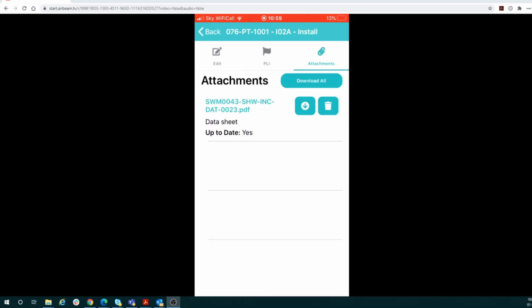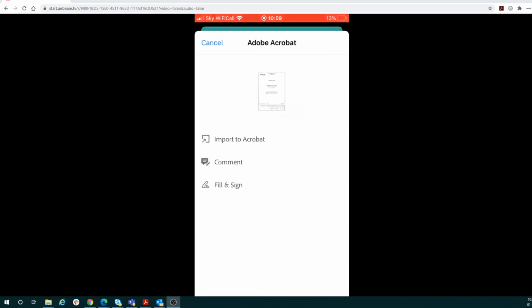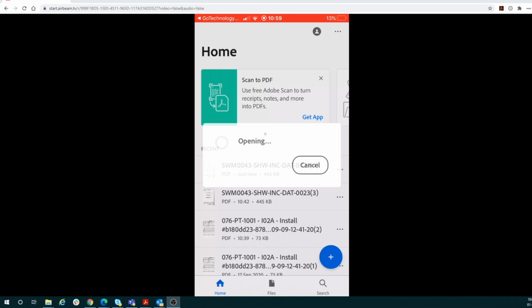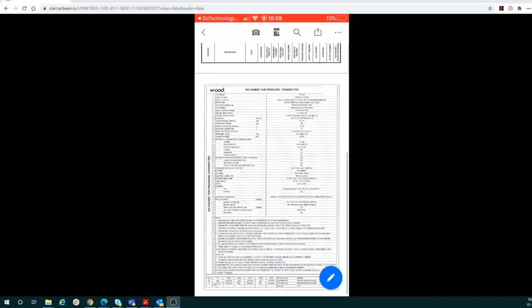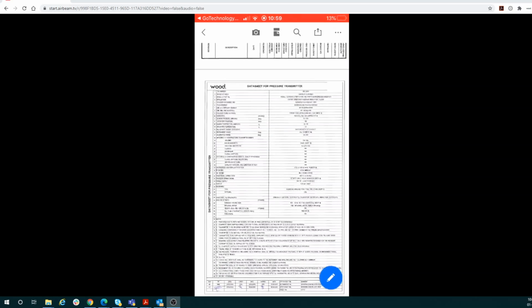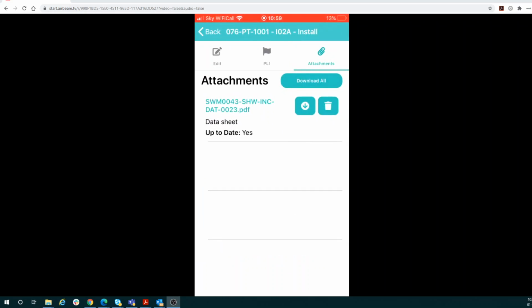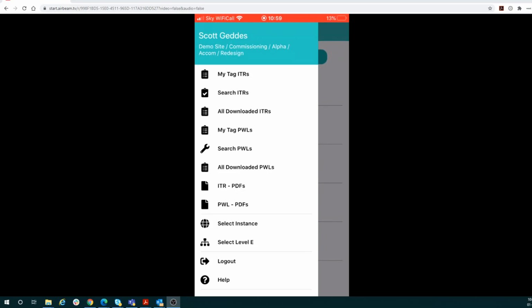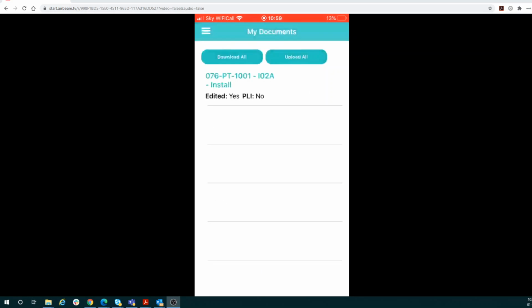I've got an attachment here, so I want to view that attachment. So if I select Adobe to view the PDF, here we go. I've got a pressure transmitter instrument data sheet, so I can get any of the information that I would like off of this data sheet. I can just zoom in, quite easy to do with my phone, and then I can come back out, back into my ITR. So that was the ITR in the digital document form,